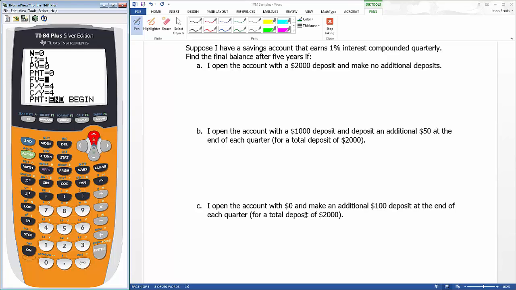I want to know what the future value is. And the number of quarters in all of these is 5 years times 4 quarters per year, which is 20. For part A, I've got a present value of 2,000. Payment is 0 because I'm making no additional deposits. And I get